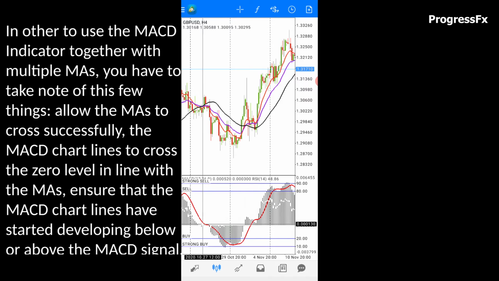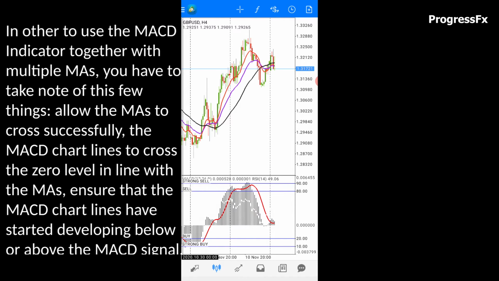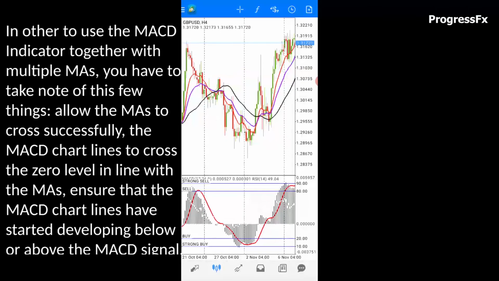And whenever it started developing outward, as you can see here, it means it's already on a downtrend. Whenever it started developing inward, it's anticipating a possible uptrend. And once it started developing above the MACD signal line, which is the red color, it means the market is on an uptrend. So here, before we continue,